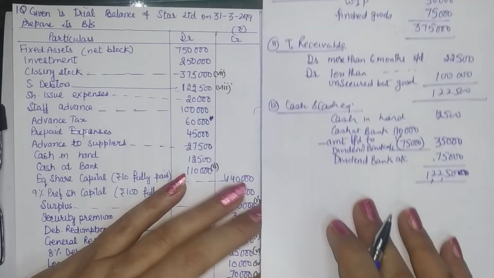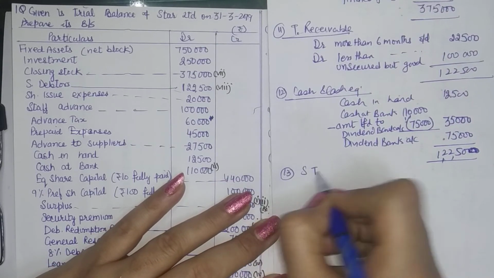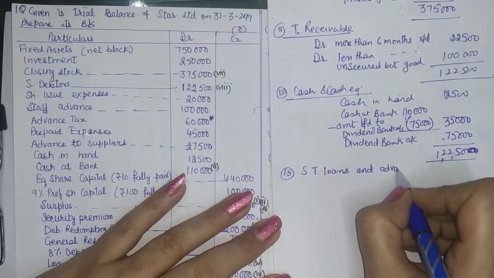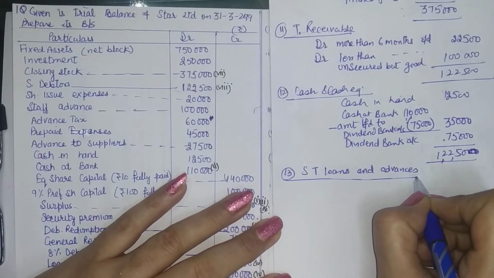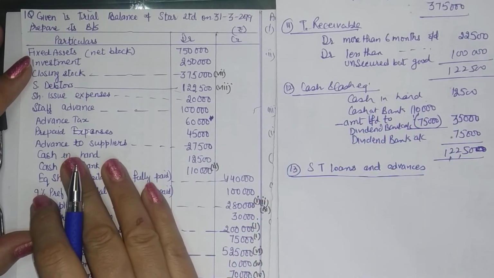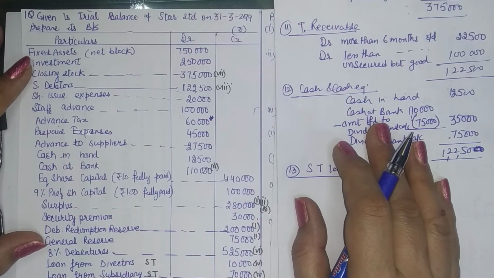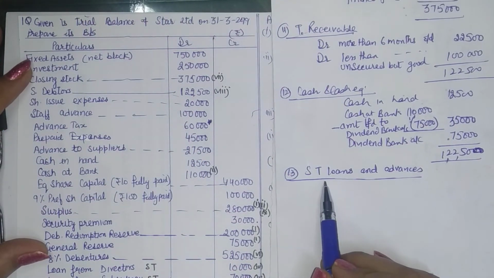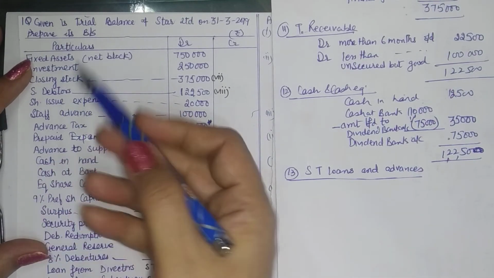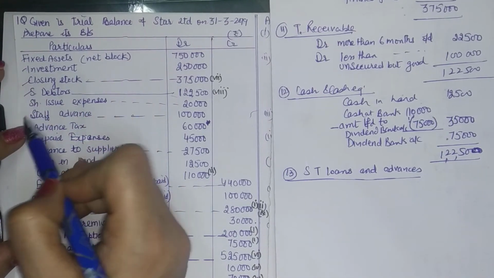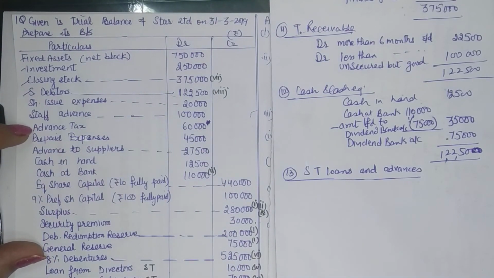Now looking at the short-term loans and advances. When we are solving a question, since this is a bit comprehensive problem, like we are to prepare separate notes, it is better that whichever item or account we have taken up, we should cancel it out. Just put a mark at some place. That way when we are looking at short-term loans and advances, we don't need to look at all the details. We know that this has been marked, this has been marked, this has been marked, this has been marked. So we are left with only these three. Right? So marking should be done. It makes our work easier.